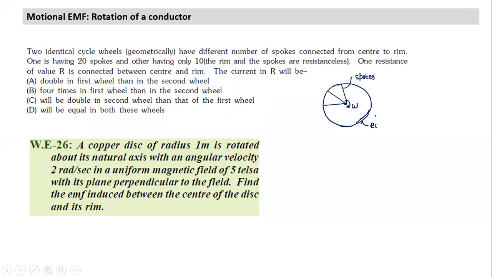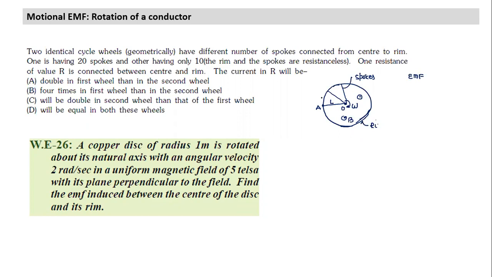Now when you start rotating, what is necessary for EMF to develop? There has to be a magnetic field through the surface of the wheel here. So assume we have placed it in such a way that there's a magnetic field, which could be because of an external magnet. So when I rotate, there's a potential difference between points. If I take a point at the center of the wheel and another point A on the rim, and the length of the spoke is L, there'll be EMF. How much EMF will it be?